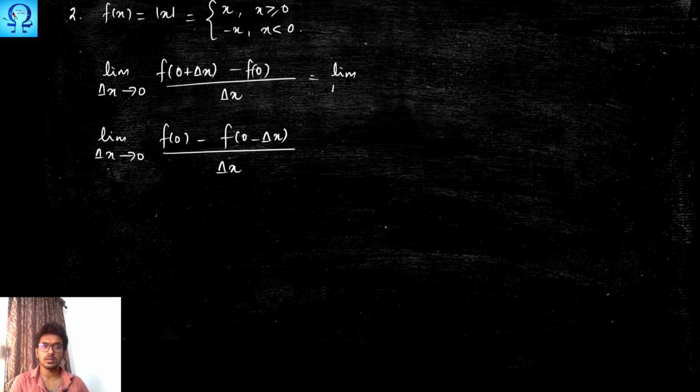Okay, so this is limit delta x approaches 0, 0 plus delta x. This delta x is a very small positive quantity. Like in the previous chapters, like continuity, we have taken h, that is being replaced by delta x here. So delta x is some small positive quantity. Therefore, this 0 plus delta x lands in the first case. Therefore, we'll have simply delta x, and f of 0 is 0. So upon delta x, this gives us limit delta x approaches 0 times of 1, which is going to be 1.